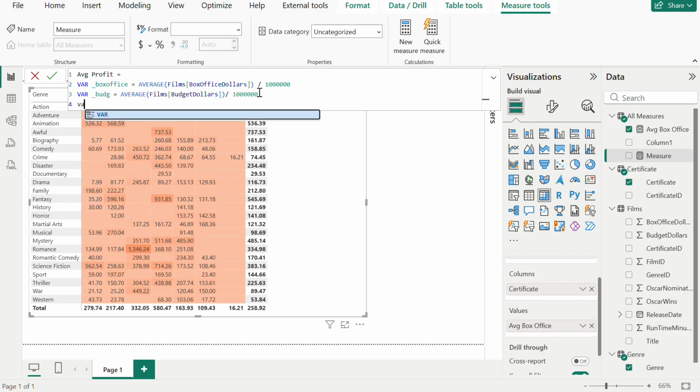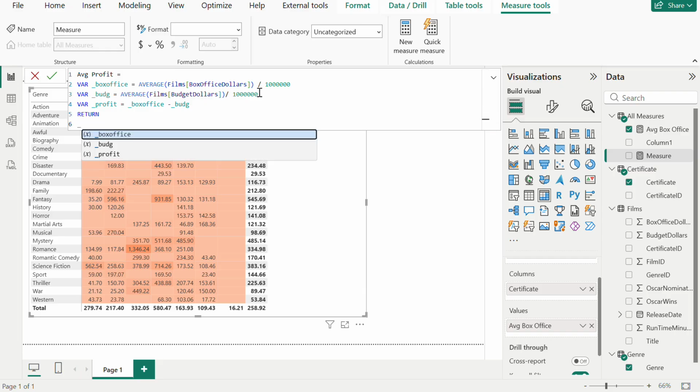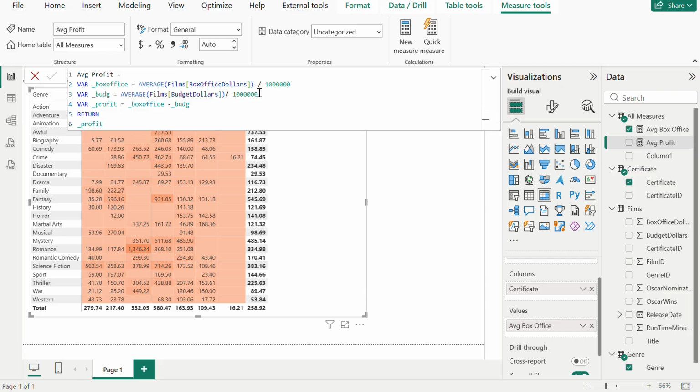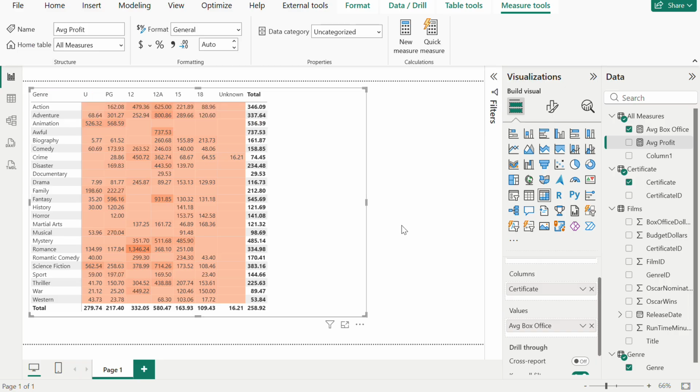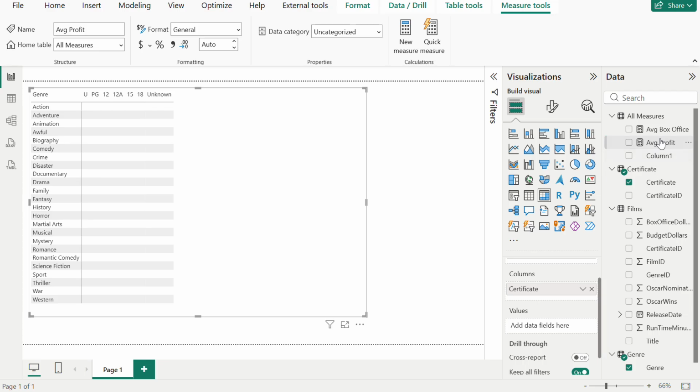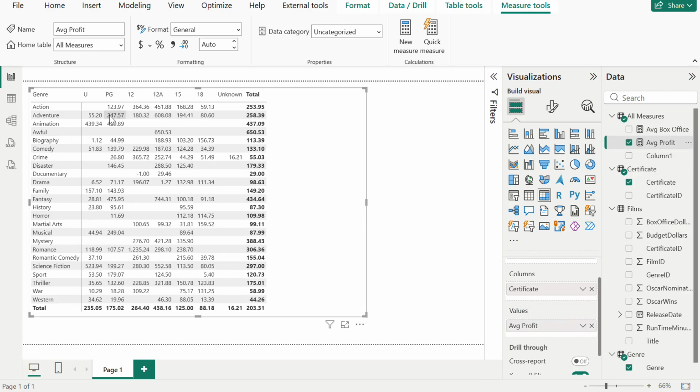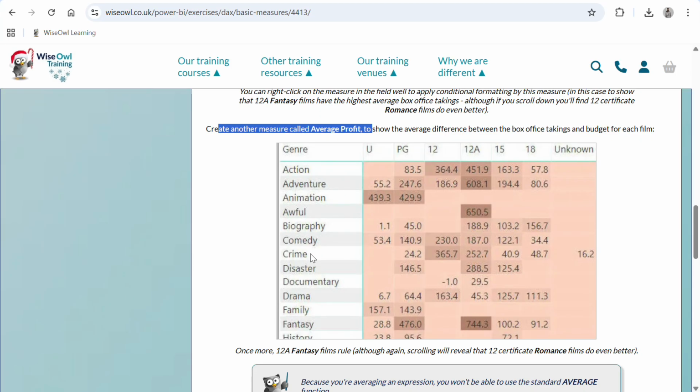Okay, now I will add one more variable where we will find out the average profit. So I will name it profit. It will be whatever box office collection we have minus budget. Then I will return profit. If I click enter, then this is my text, and if I go here and change average box office collection to average profit, you can see we got some values, and let's check it with our